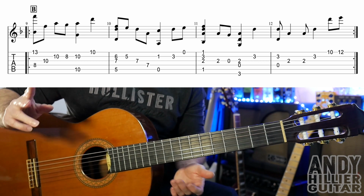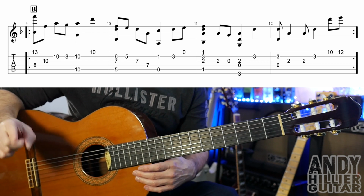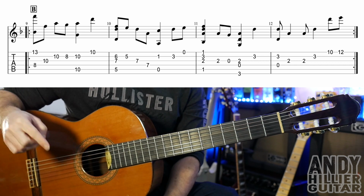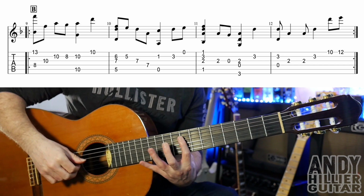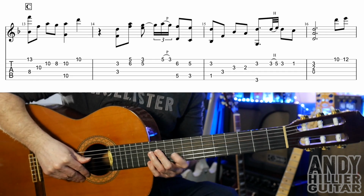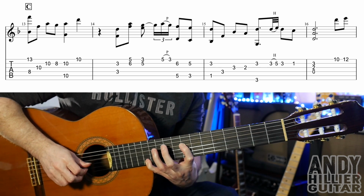And then that repeats, but on the repeat, don't do the 10 and the 12 at the end, and you go straight back to the beginning and play the A section, the first two lines of the A section. After you've played the A section again, we go to the C section, which starts the same, the first bar is the same as the first bar in the B section. So you got,